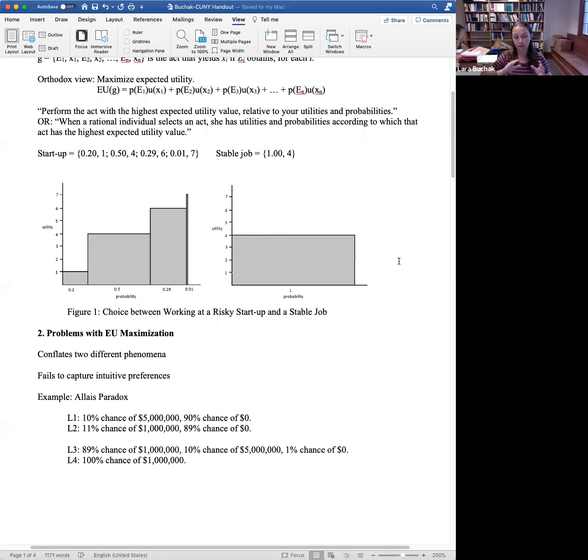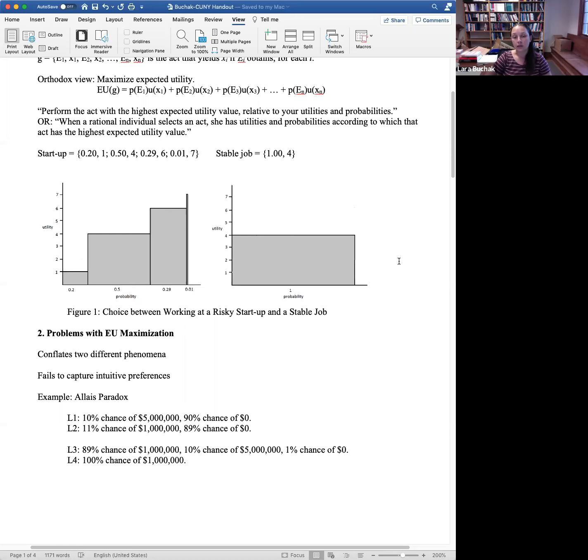Now, on some views of the utility function, that's going to be a problem, particularly if the utility function is supposed to capture what the person desires, or some actual fact in the person's head or about their psychology. On the other hand, on some views of the utility function, this isn't going to be a problem at all, because the utility function just means that which represents preferences. These guys both have the same preferences. They both have the same utility function. Who cares if they would describe them in different ways or give different reasons for it?